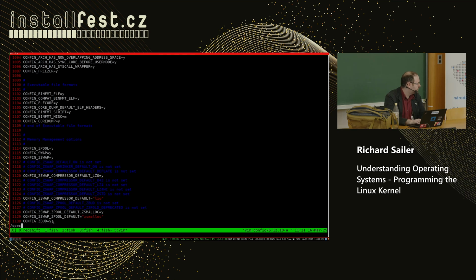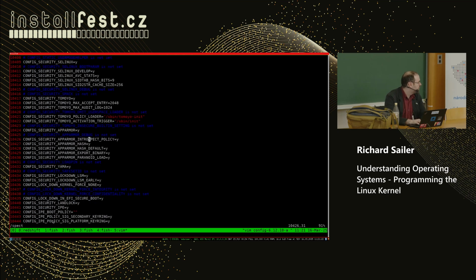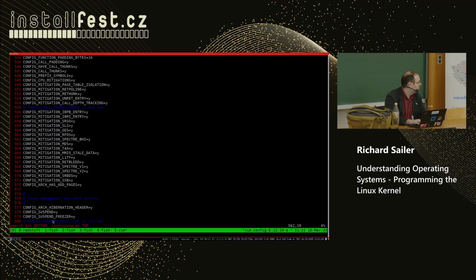No, spect. Yeah, here you have this mitigation, Spectre. And these are the options that do the important stuff that did change this.